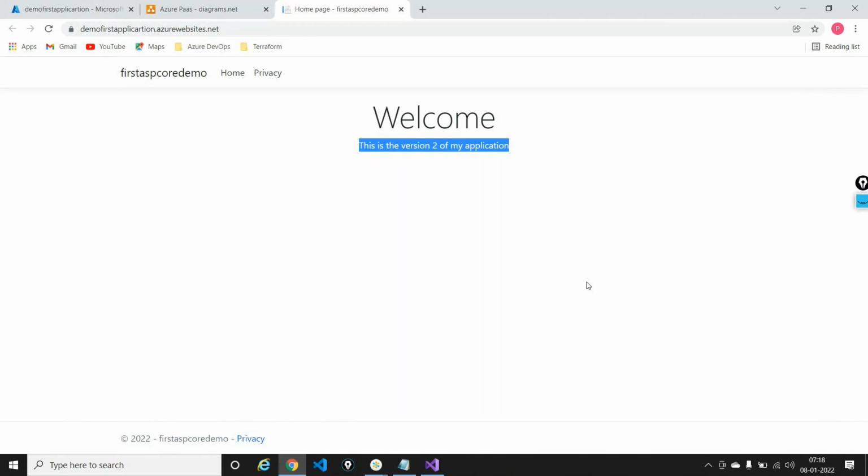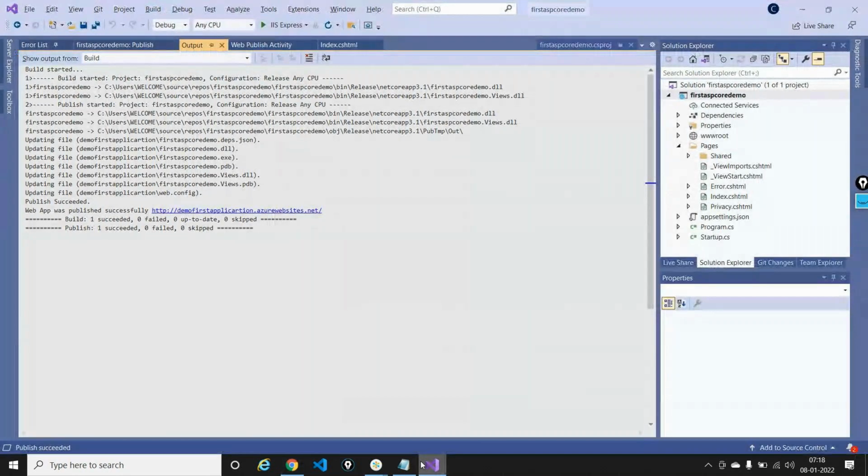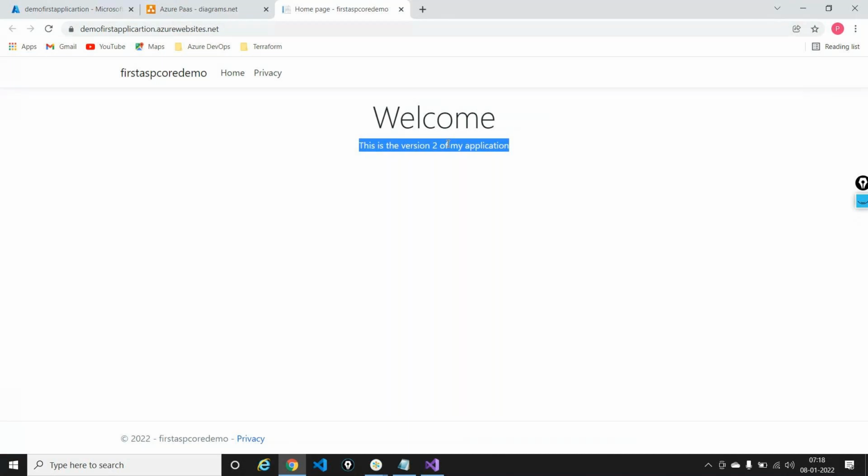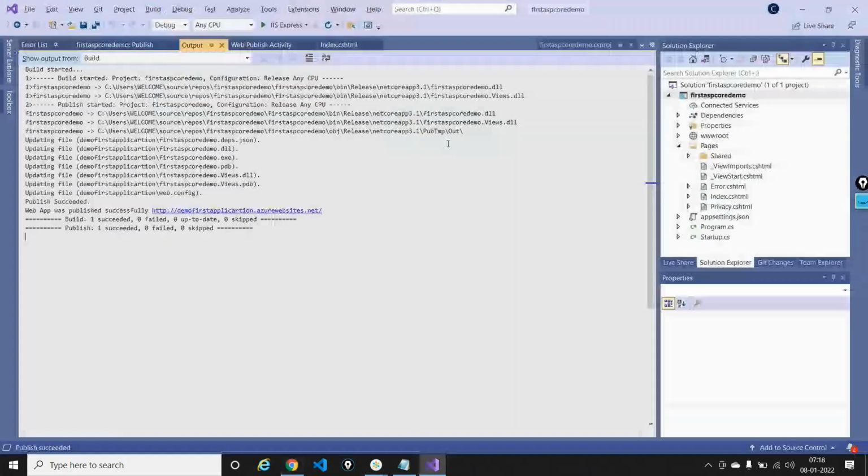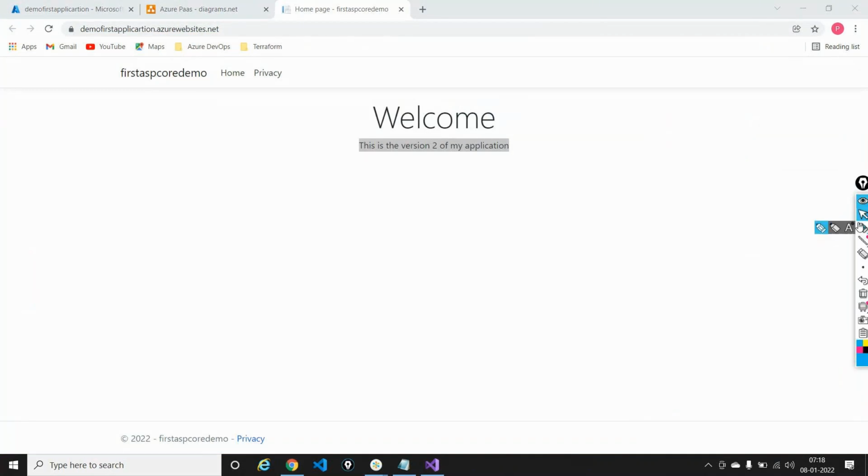So what I tell my developer is, I don't want this code. This is not working fine. Maybe you haven't developed it properly. I want to go back to version 1 because right now people are not able to use version 2. Version 1 was really good. So let's do a rollback. I'm talking about a rollback right now. What do you mean by rollback?